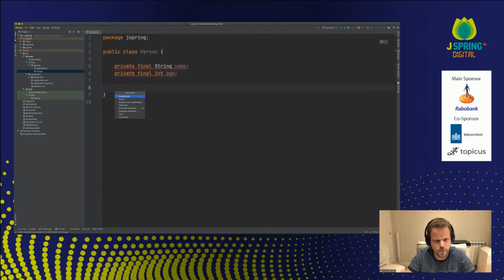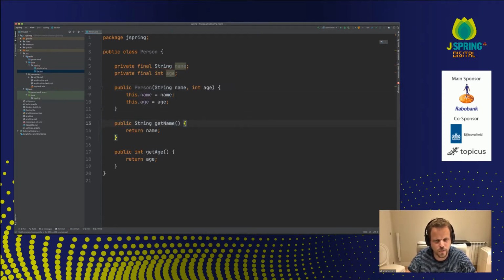And then they may have a constructor that takes those two things and some getters to retrieve those values. And it's typically in Java frameworks that you want to be able to introspect this particular class and instantiate it dynamically, and call the getters and setters and so forth.